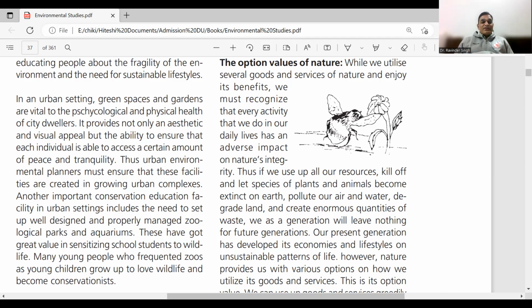Another important conservation education facility in an urban setting includes the need to set up well-designed and properly managed zoological parks and aquariums. These have great value in sensitizing school students to wildlife. Many young people who frequently visit zoos as young children grow up to love wildlife and become